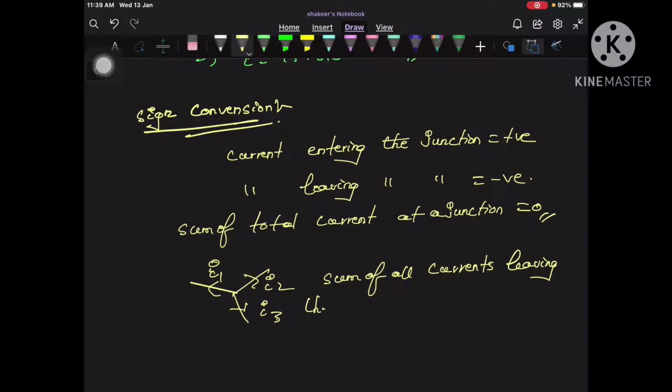leaving the junction, sum of all currents leaving the junction, it also should be equal to 0. Because if finally some current should leave this junction, then it means that current should be produced at that junction, but charge can neither be created nor destroyed. So at this point I cannot produce any charge. So finally current leaving the junction should be equal to 0. It also means that some of the current is leaving the junction and some of the current is entering the